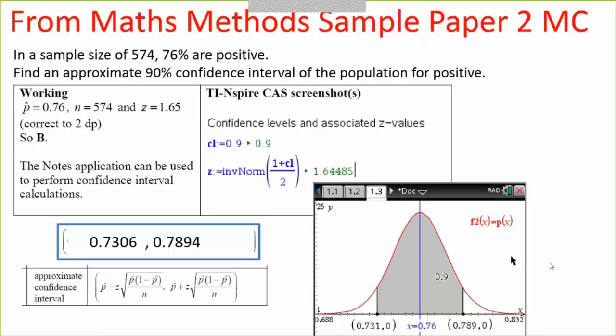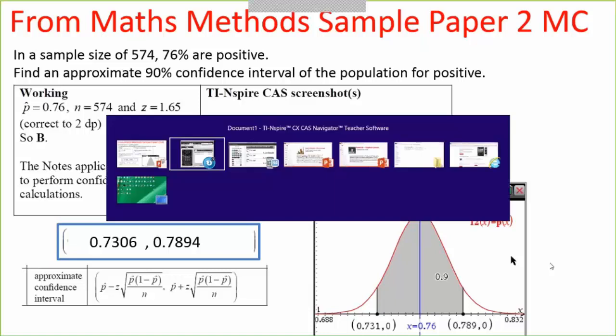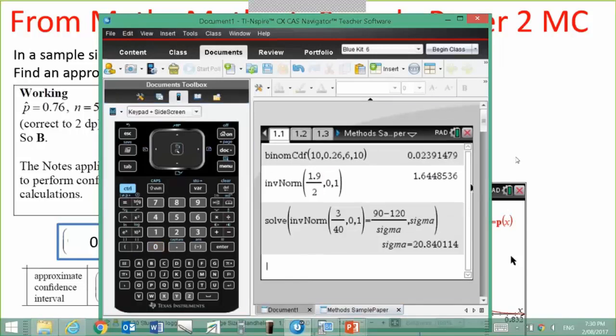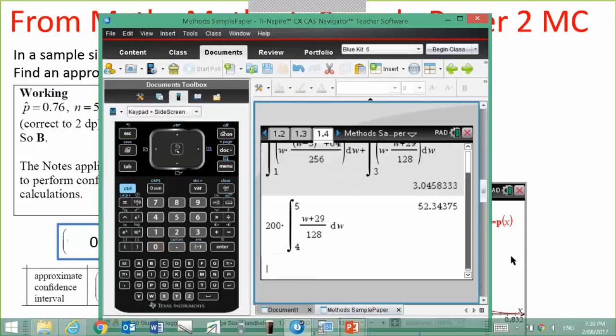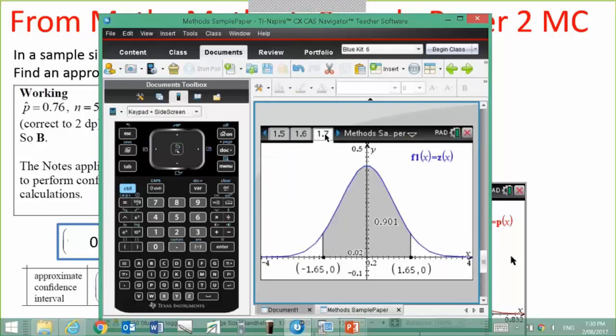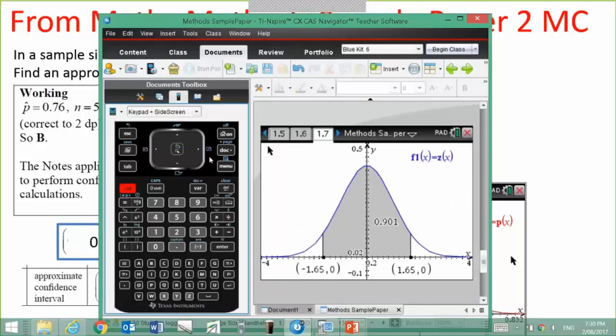Just as another quick aside, and Stephen, I'm conscious of not wanting to cut into your time here, but just to show you how I did that, I set these up as functions first of all. There's my reworking for the Z-score. That was the Z-score for that distribution. And then I got the graph. So I'll just quickly show you what I did. I'll just insert a new problem here.